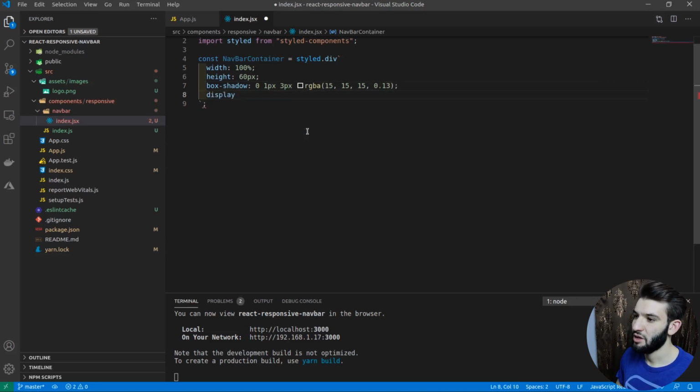I'm going to use display flex, because we want a flex direction in here. I'm going to align all the items to the center. And this one is going to do vertical alignments, by the way, if you're not familiar with Flexbox. And for padding, I'm going to have 0 top and bottom, but from the left to the right I'm going to have 1.5 em, which should do a really good padding